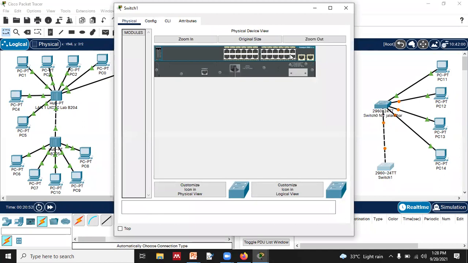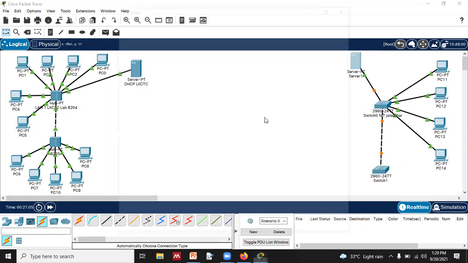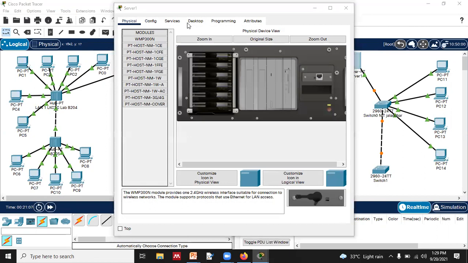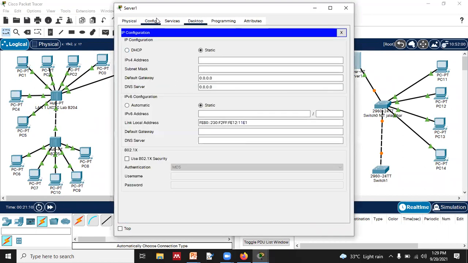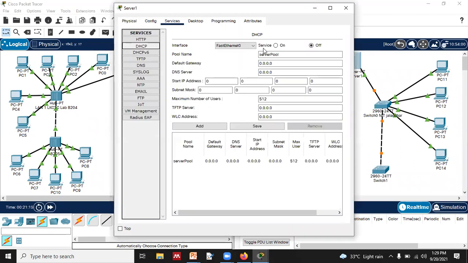And then we need a server over here, there also, if we don't want to do it manually. So what I want to do is, now I have to connect the server with the switch, right? And then again I have to set the settings for this, right? So you can see the service, the DHCP service, I have to turn it on. 10.0.0. Sorry. Let's take the class C addressing, a different addressing scheme, right?